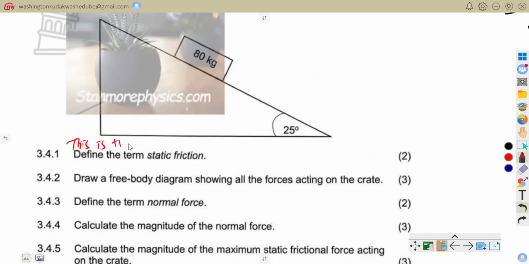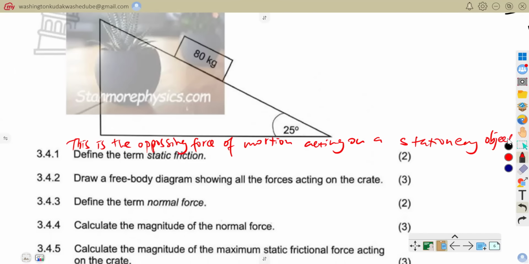This is the opposing force of motion acting on a stationary object. It acts on a stationary object. So if that is the case, now they are saying draw a free body diagram showing all the forces acting